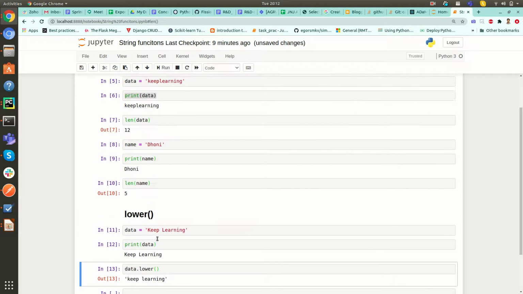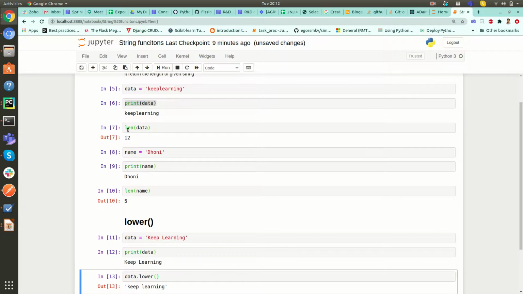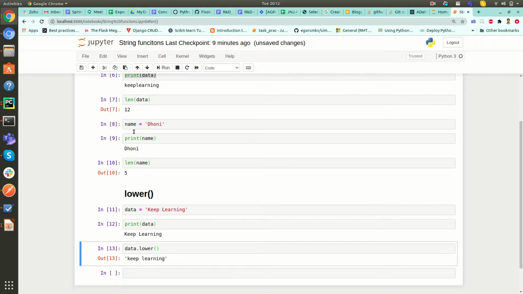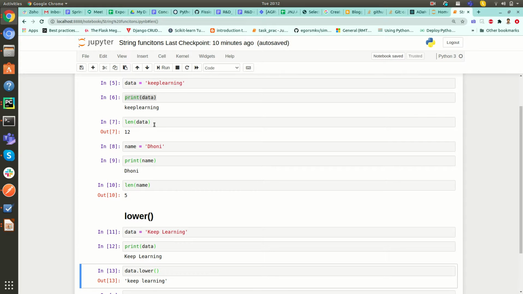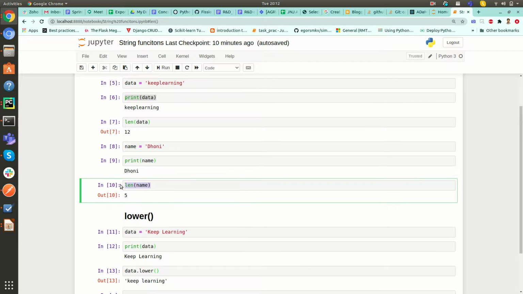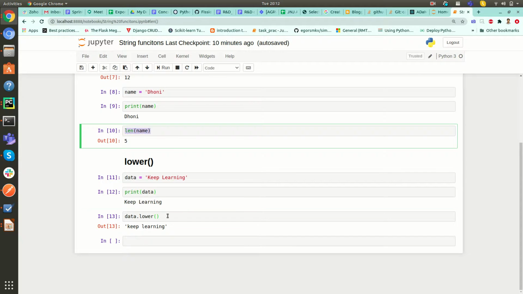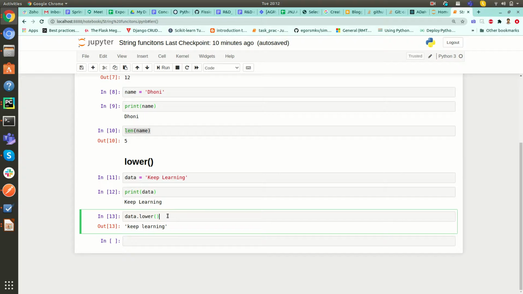One thing you should observe: when you apply the length function on a string variable, the variable should be passed inside the parentheses of the length function. But lower is applied on the variable of the string, like this: the variable, a dot, and the lower function name. This is one way of using a function, and that is another way. Some functions work one way and some the other.